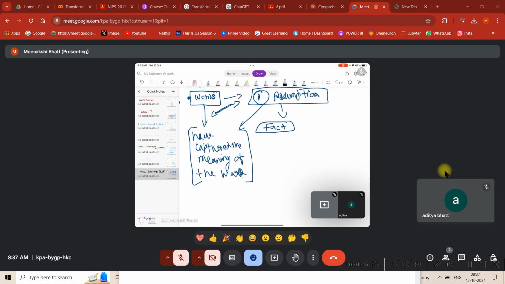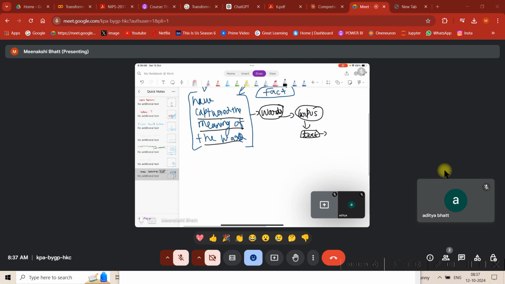Now, coming from the fact that words are so important, that because of words we are able to capture the meaning of life. So we have so much corpus available guys. By corpus I mean text. We have an enormous amount of text available to us because of the internet. We have a lot of books, a lot of social media sites, a lot of research sites, and then we have some individual data as well.